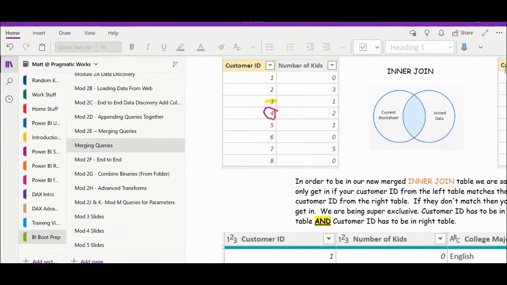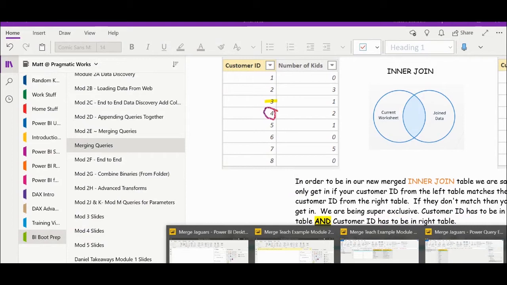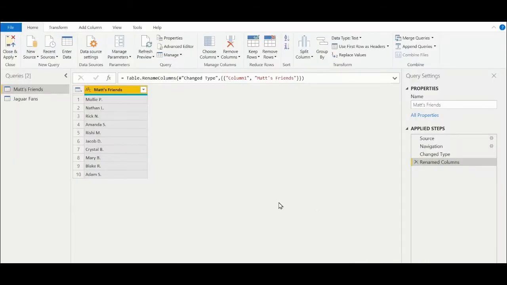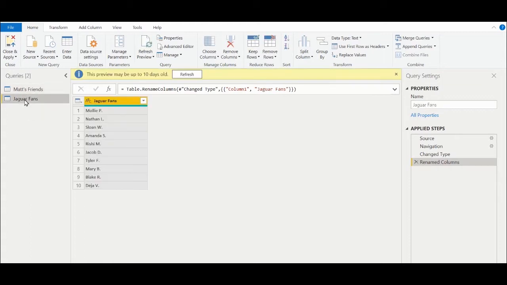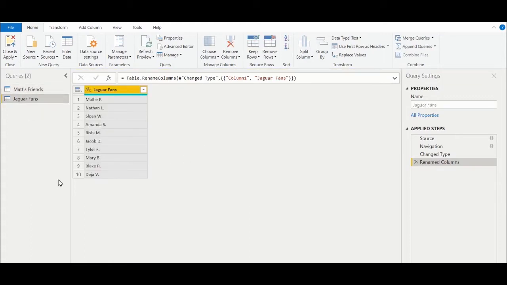Now, the math person in me, the teacher person in me said, you know what, I think I can explain this another way of how I would have taught this in a math class. When we would do what we call an intersection of Venn diagrams, we would say, hey, we're looking for people that have all these different kinds of characteristics, but we want to only pull in the people that have the same characteristic in common. So one of the examples I used to use is I would make a group of my friends, Matt, and then I'd make a group of Jaguar fans, Jacksonville, Florida, Duval, right? So what we would do for an inner join